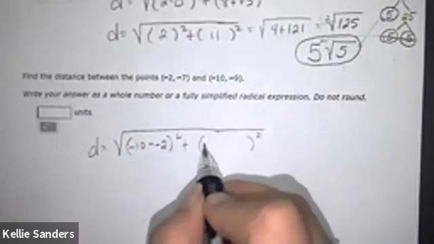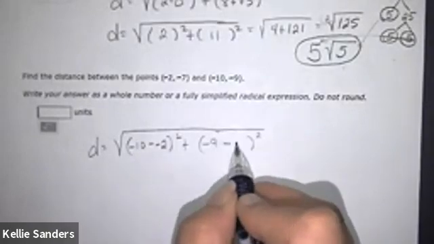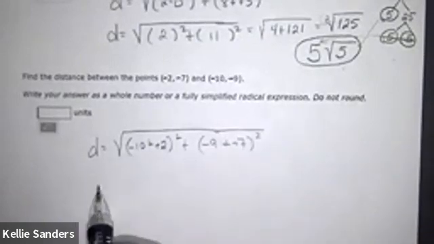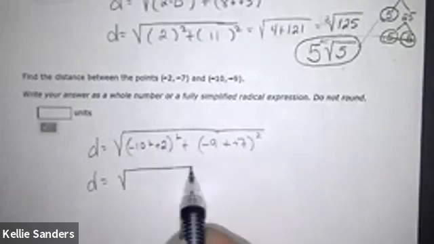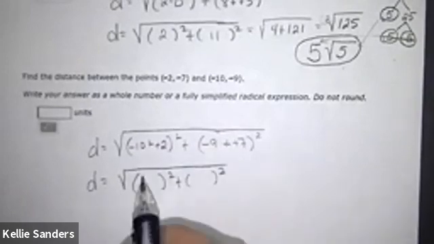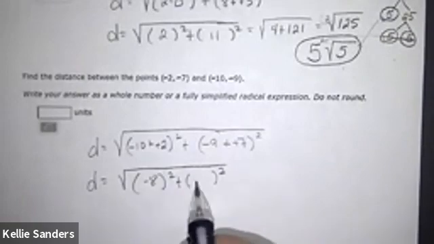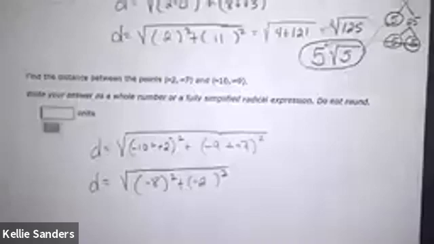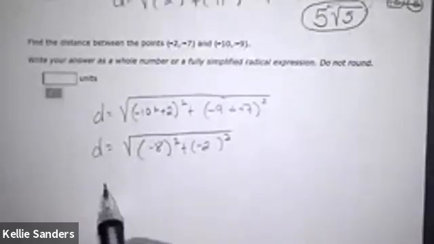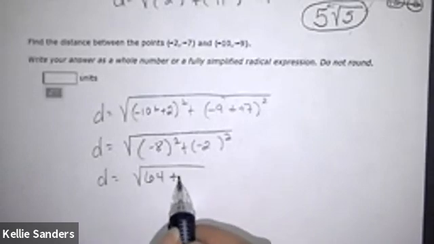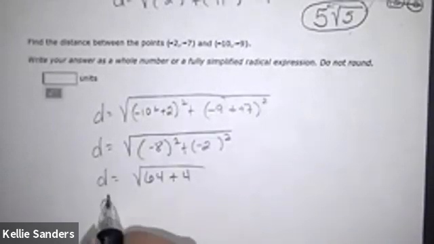-10 minus a -2, -9 minus a -7, plus plus, plus plus. -8, -2, -64, plus 4,